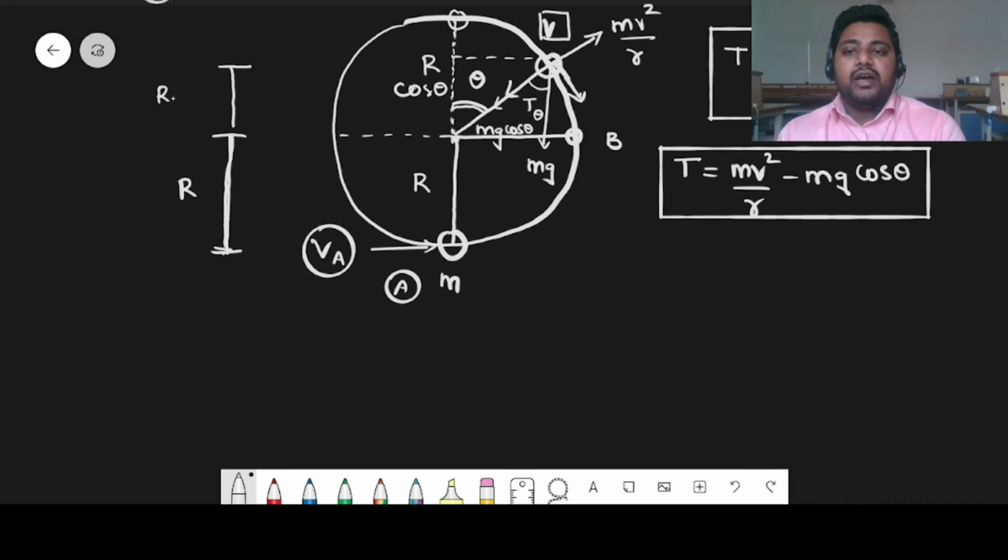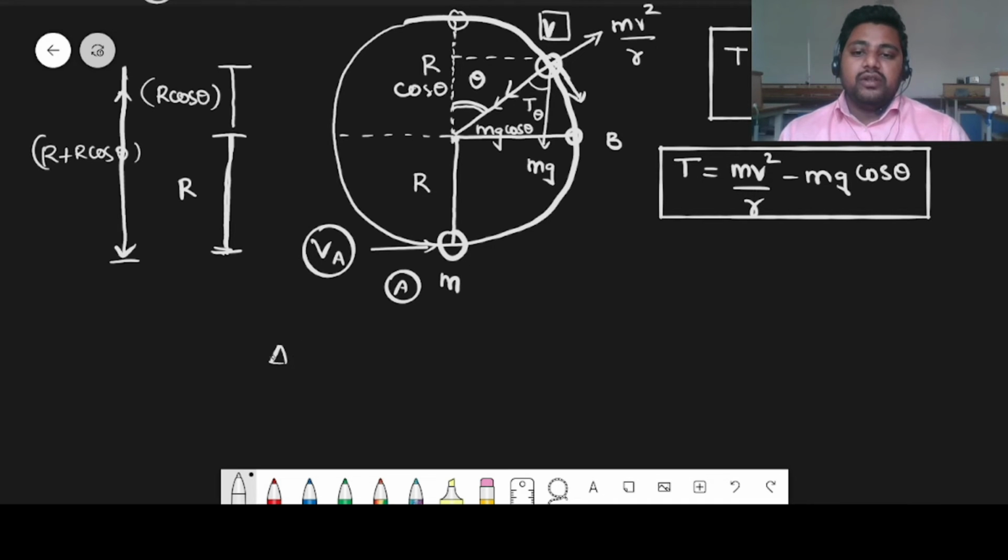So that means this is r cos theta. The total height from the bottom can be taken as r plus r cos theta. The distance from here to here can be taken as r plus r cos theta. So if you are trying to analyze